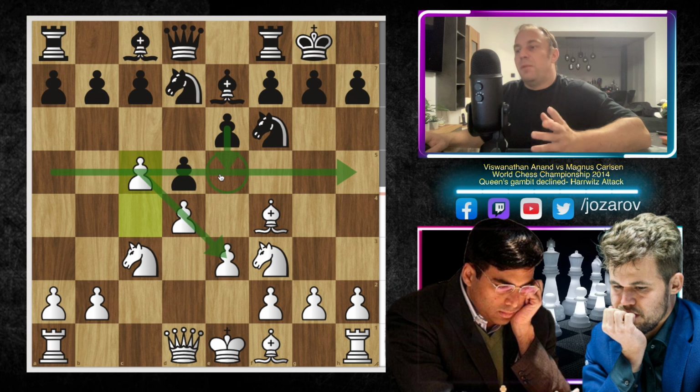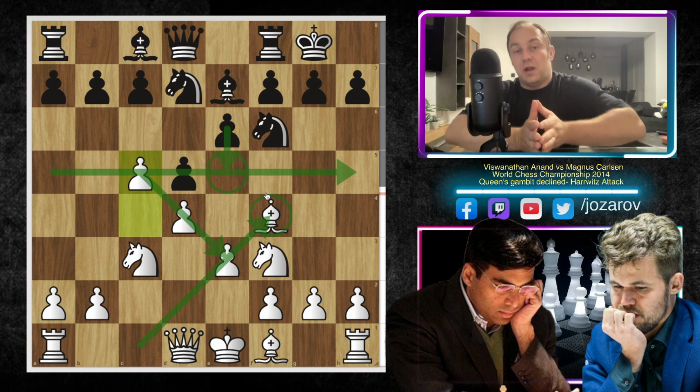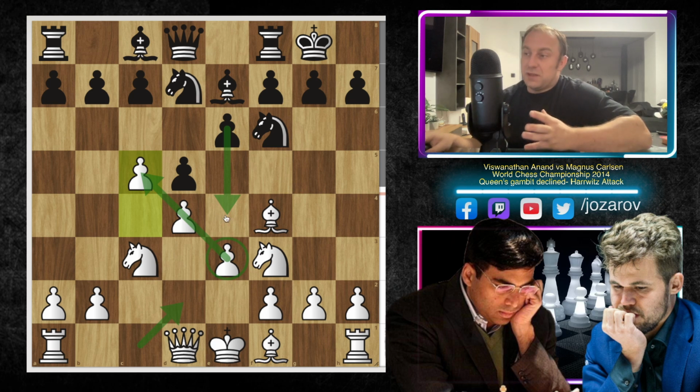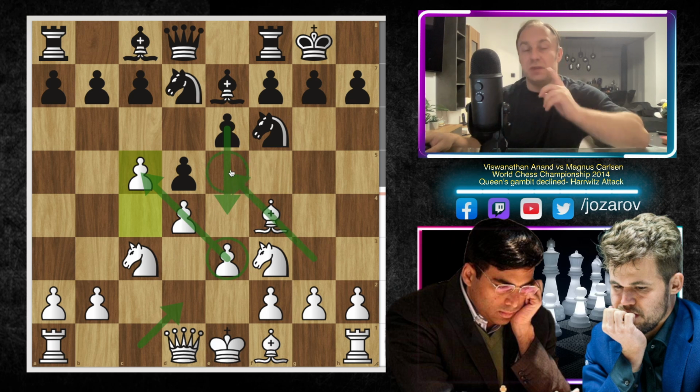But actually this pawn chain that White is building here is perfectly fine, because the cool part about the Harrwitz Attack is that your bishop, your dark square bishop, is already out, so it's already playing. If this bishop would be stuck somewhere on c1, then building such a pawn chain wouldn't be such a good idea, because then in one particular moment, as I said, Black would break the position with the move e5. But so far, the cool part about the Harrwitz Attack is that the bishop is out, so we have still a good control of the e5 square.